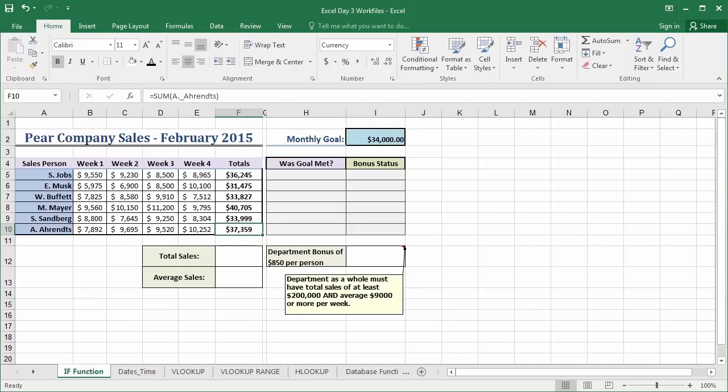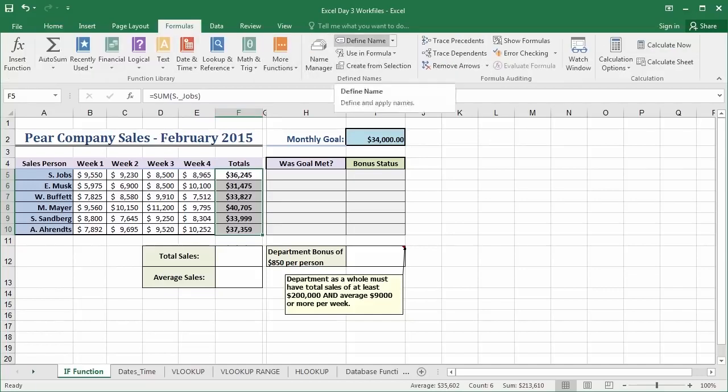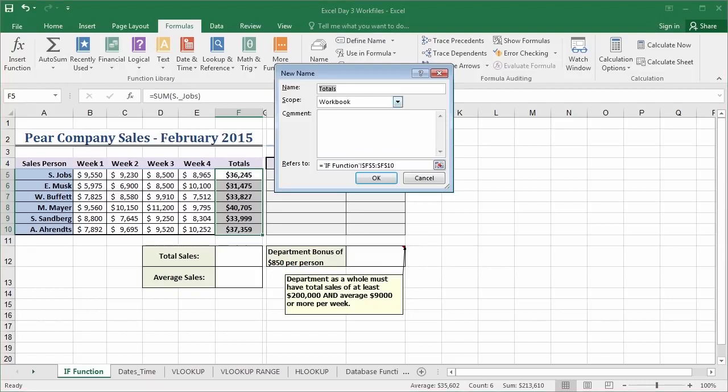The next thing we're going to need to do is calculate the total sales and average sales. Now, in order to calculate those, of course, we can go through our standard process, but for the sake of practice, we're going to use named ranges yet again to sum up total sales and average all sales. So go ahead and highlight everything in the totals column, from sjobs down to A. Arenditz. And once you've done that, inside the Formulas tab, go ahead and use the Define Name button to calculate